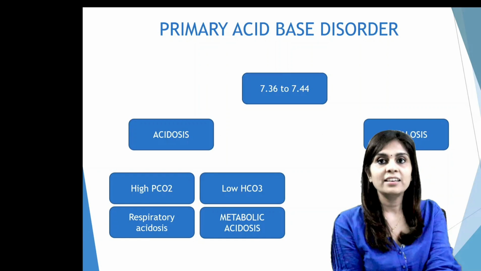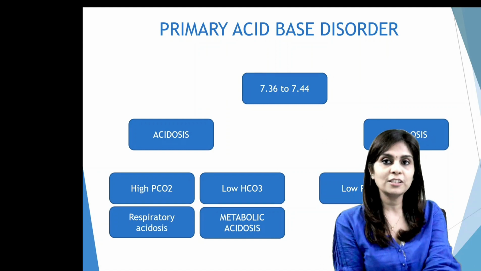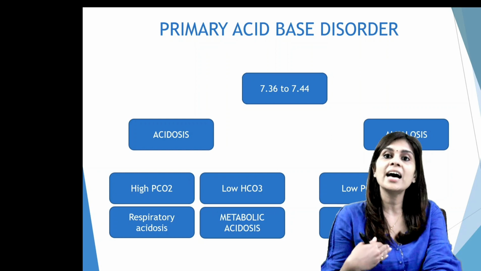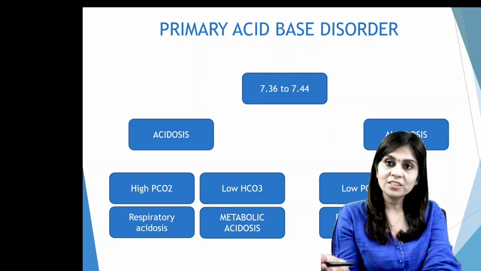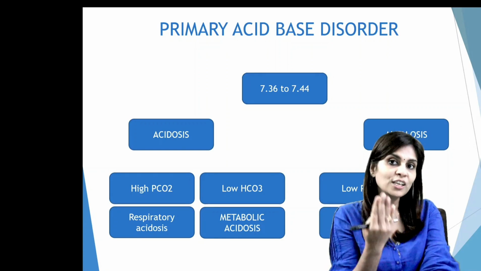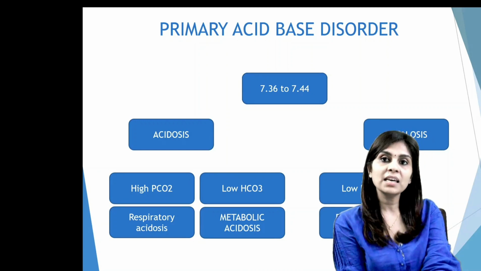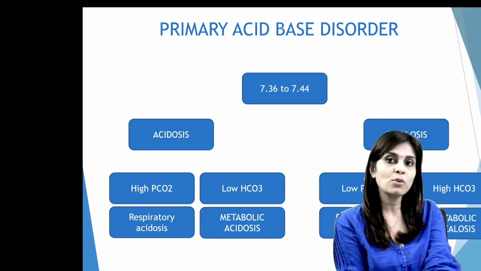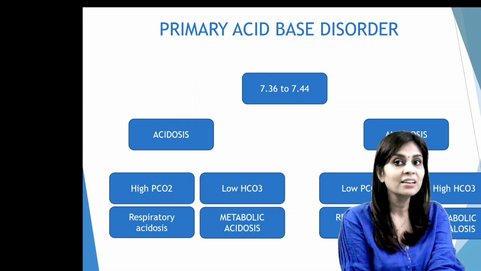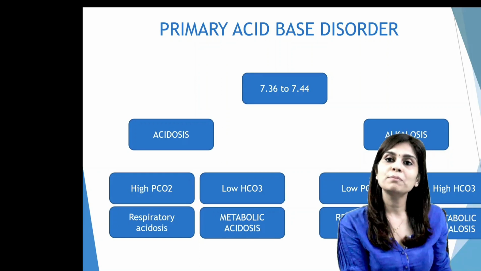Now on the other side, we have alkalotic pH. If alkalotic pH is accompanied by a decrease in PCO2, that's called respiratory alkalosis, because this means in this condition the person is hyperventilating, the person has washed away carbon dioxide, the person has washed away a source of acid causing alkalotic pH, so it is respiratory alkalosis. And if alkalotic pH is accompanied by an increase in bicarbonate, that's called metabolic alkalosis, because this means there is an increase in the buffer. So all acids are buffered, causing an alkalotic pH. So this is how we identify the primary acid-base disorder.